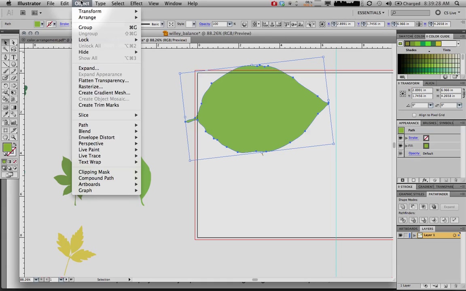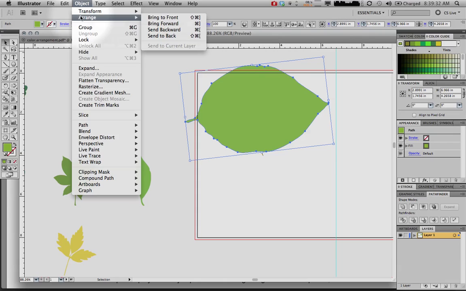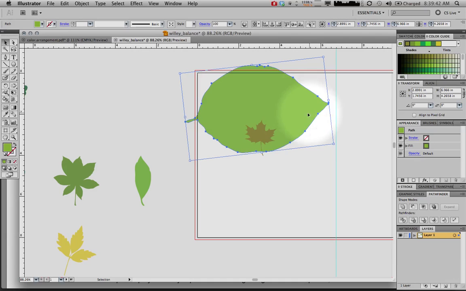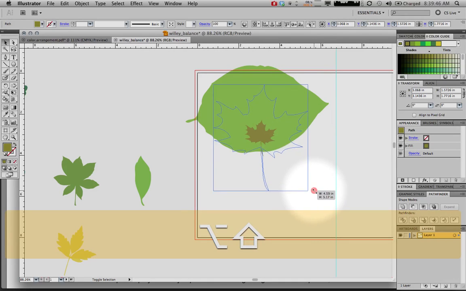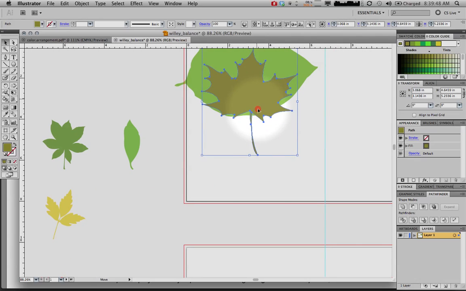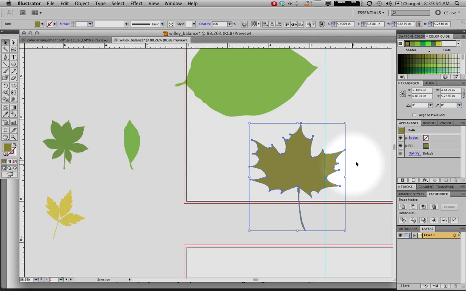And I want to make sure that I put these in the right order. So I want this big shape to go in the background. So I can go to Object, Arrange, and then Send to Back. The shortcut for that is going to be Shift, Command, left bracket. And that'll send that object to back so that I can have that back there and then have this up here. Right now I'm establishing a background, and I don't necessarily have to not cross this border,